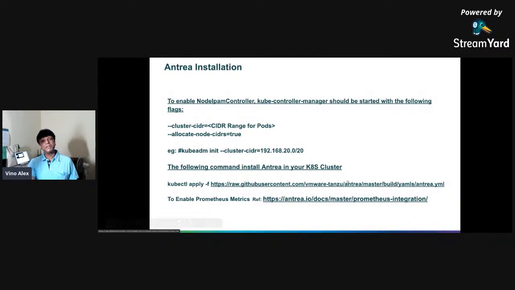It will deploy the Antrea components in your Kubernetes environment. It's a very straightforward installation, with no complexity, as simple as any Kubernetes deployment. So you can go and try it out.